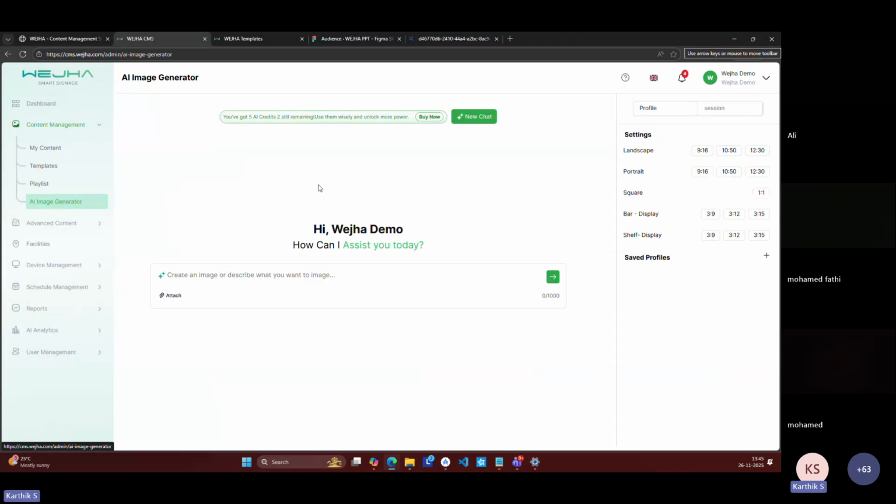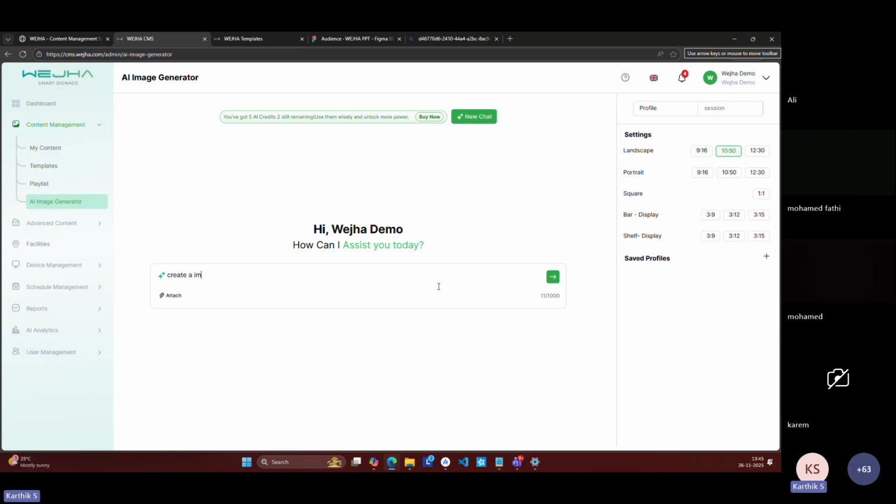We do have an AI image generator in case you want to create an image for any of your displays. You can request the image generator, for example, create an image of